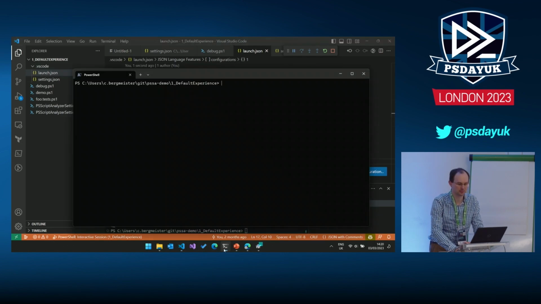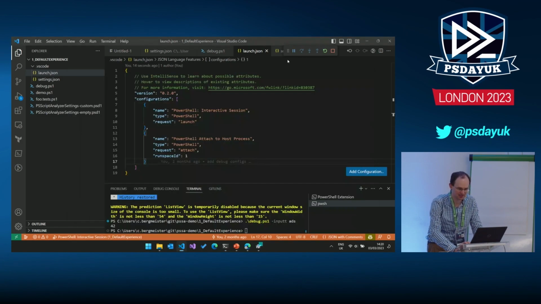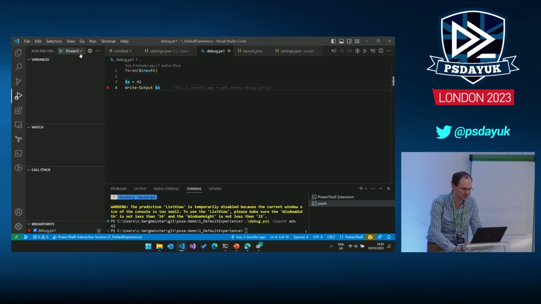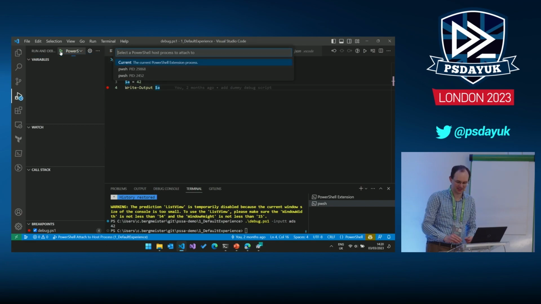So we would need to know the process ID for that first. And there's a variable $PID in PowerShell that tells us that. So this terminal ends in 68. And if I was to use the other configuration for attaching, attach to host process, it's asking me now, and I need to know the process ID. You can help yourself sometimes by labeling the PowerShell process that would show up here, so that you don't have to look it up by process ID. But if we do this,